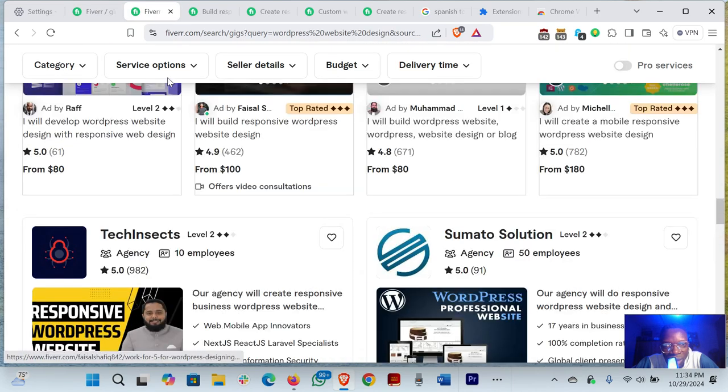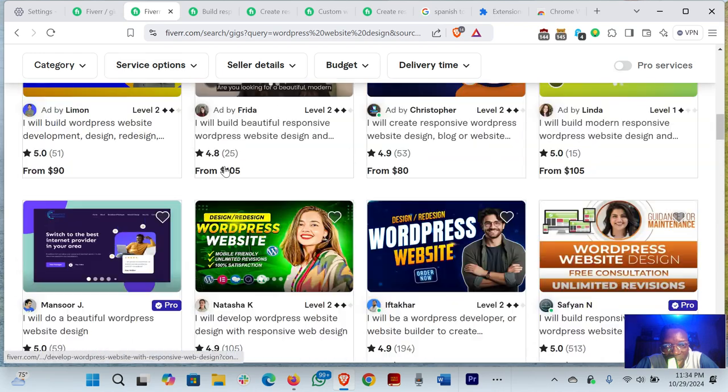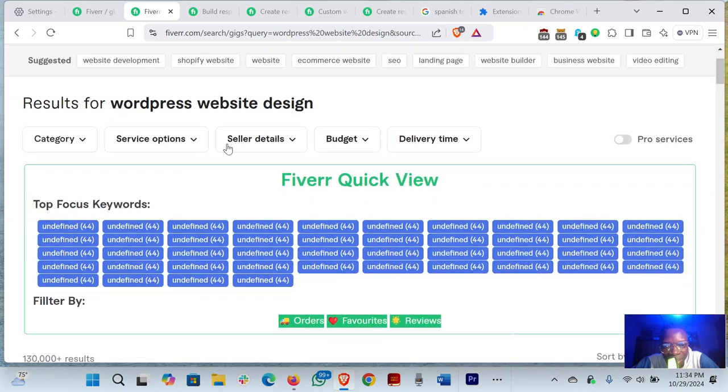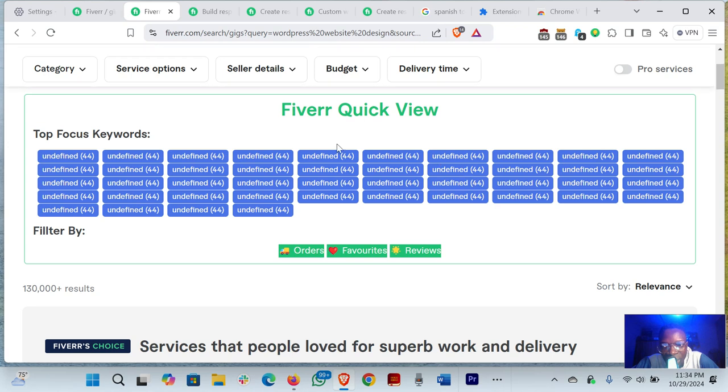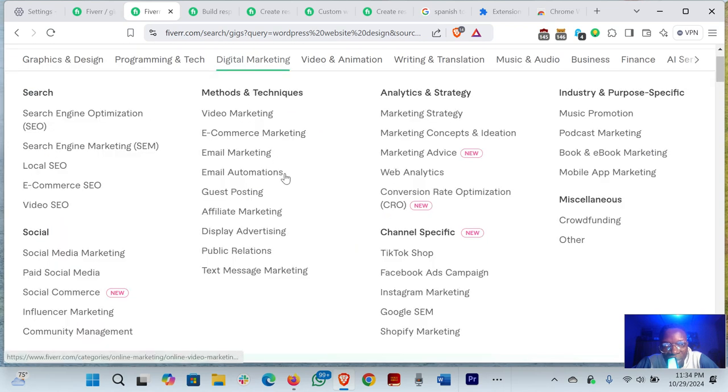So you just have to type, like you are doing SEO. SEO means search engine optimization. You can see my quick view is not actually defined here. But for you to navigate on